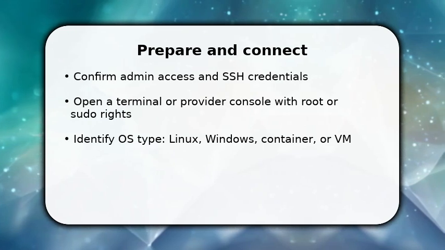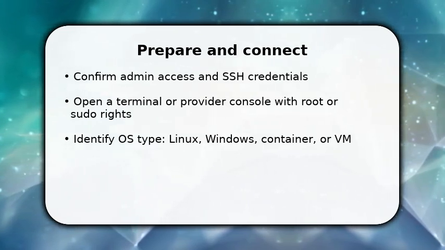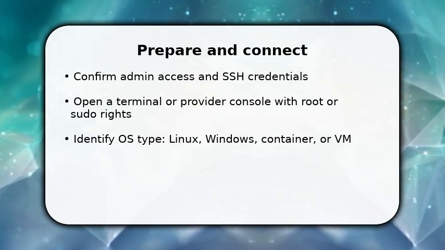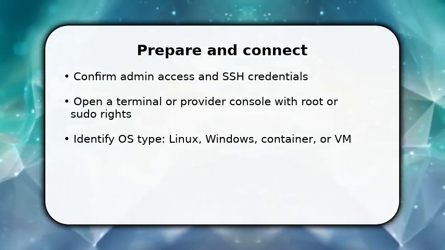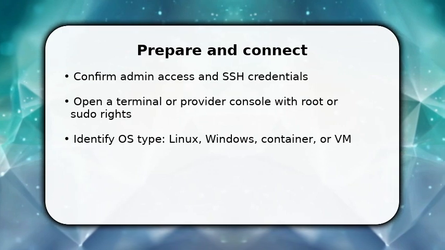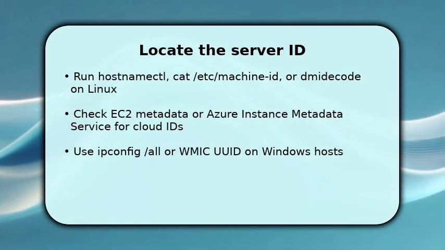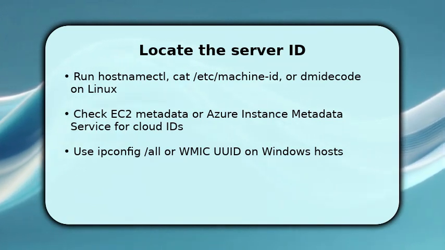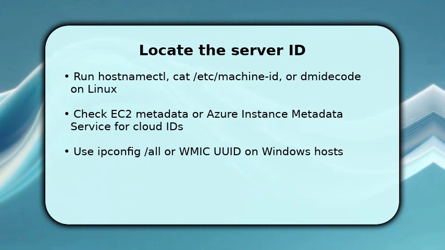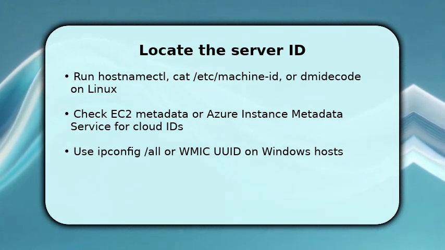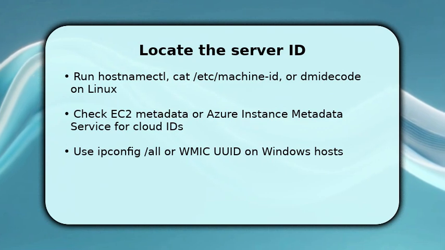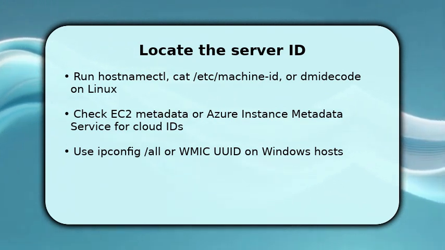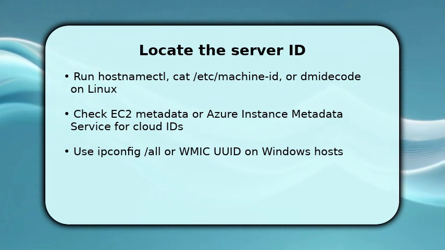Now gather the ID using commands suited to the environment. On modern Linux, try hostnamectl or cat /etc/machine-id. For hardware UUID, use sudo dmidecode -s system-uuid. In cloud instances, query the metadata endpoint, for example, curl http://169.254.169.254/latest/meta-data/ or the provider's API to get the instance ID. On Windows, run